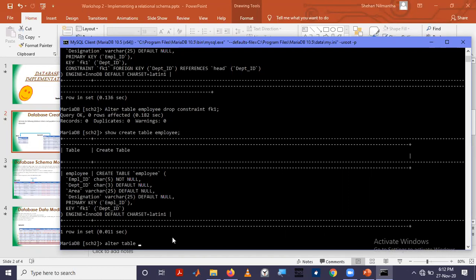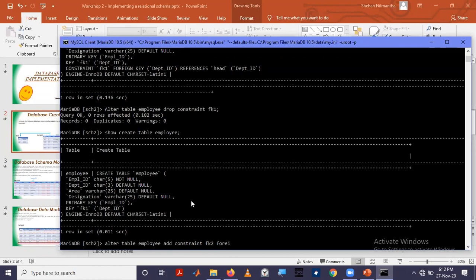Alter table, then we have to specify the name of the table. Previously we dropped the constraint, now we will add constraint. Then the name of the constraint. I'm going to use fk2.